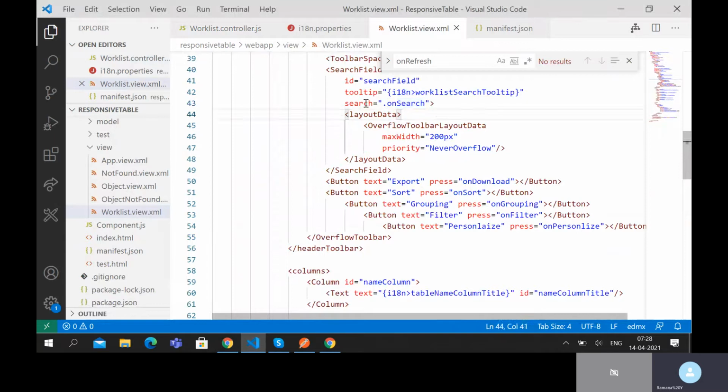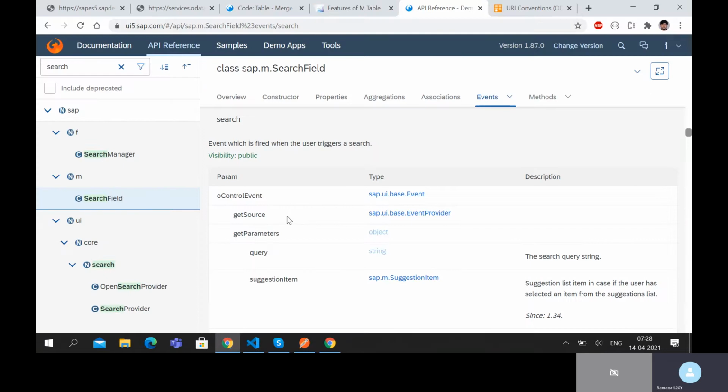So here we have used the search event. There are different events which we can use. One is live change, etc. Live change is triggered the moment we type a keystroke. In this search field control, if you're trying to use this particular event called search, under the events